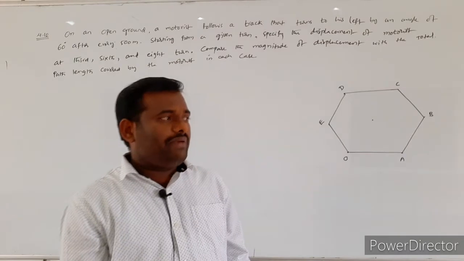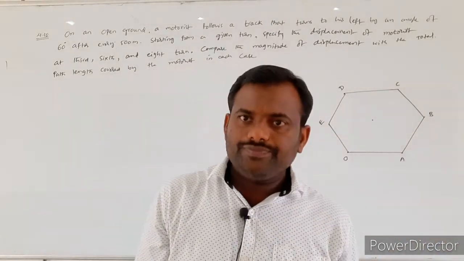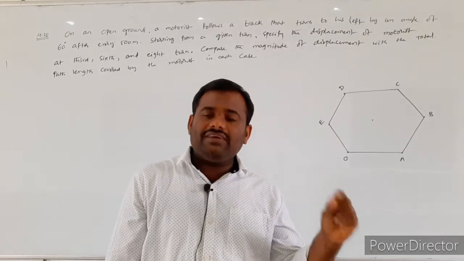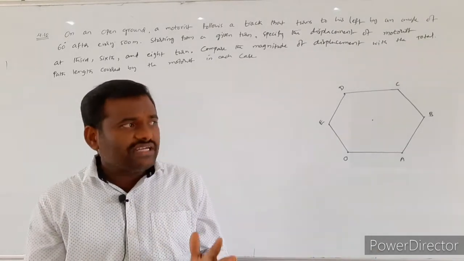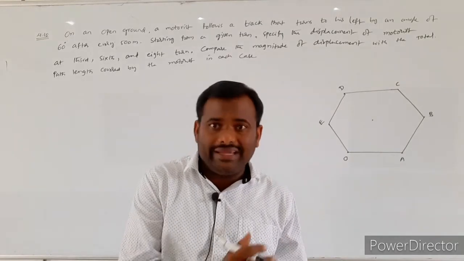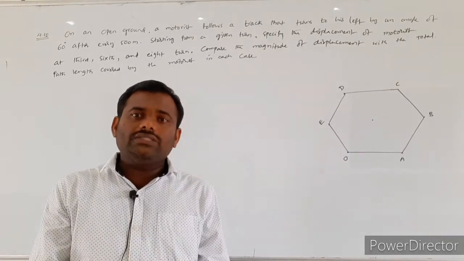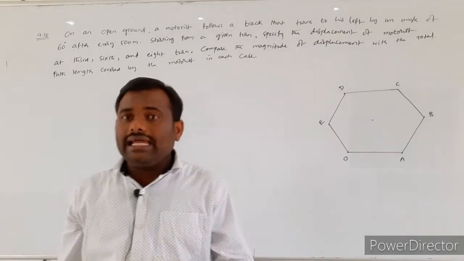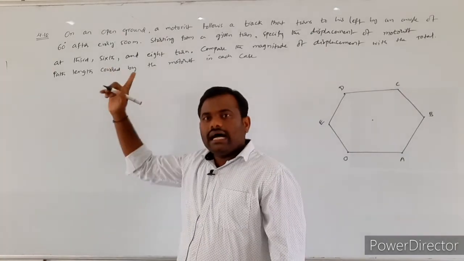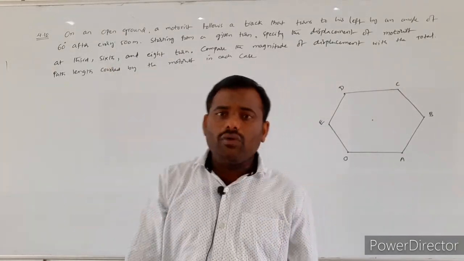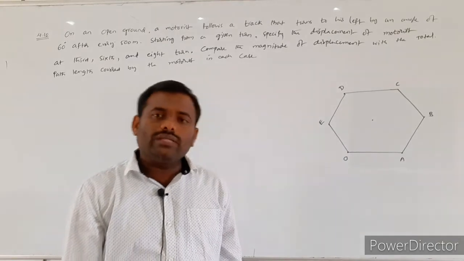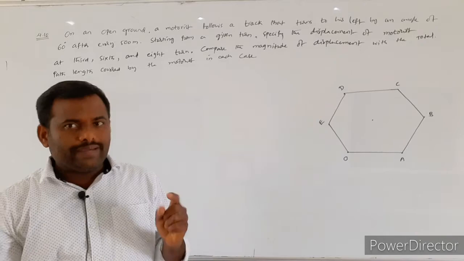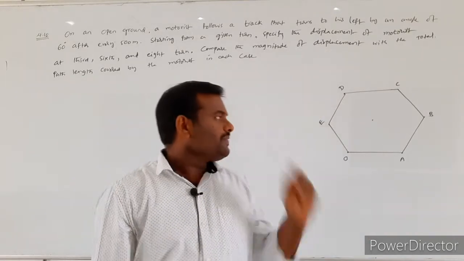A motorist will be traveling over the ground. After the completion of every 500 meters, he will be taking the turn to his left side, through what angle? 60 degrees, they mentioned. After every 500 meters, the motorist will take a turn to the left, making an angle of 60 degrees with respect to the direction of initial motion.